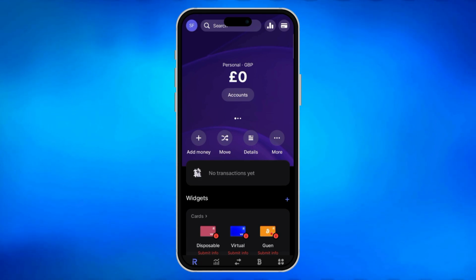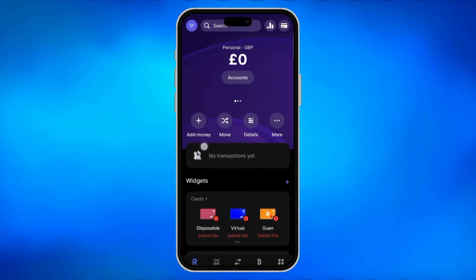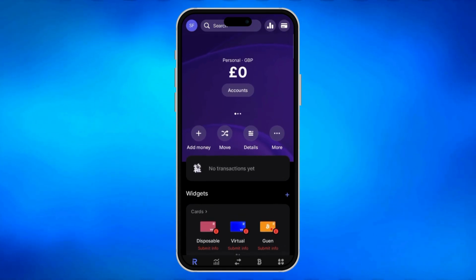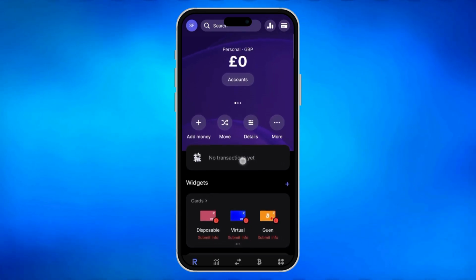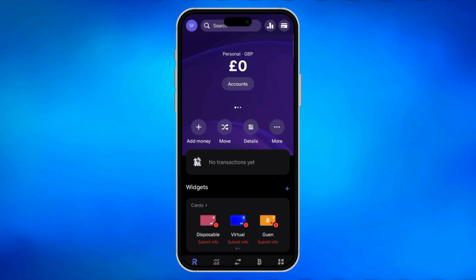To delete transaction history in Revolut, assuming we have a transaction here. Now, in order to delete the transaction, in this card, you will see a list of transactions. Above that transaction history, you will see a three dot in here,